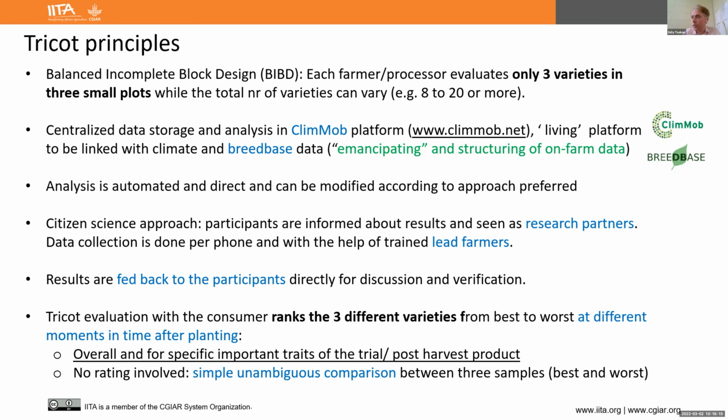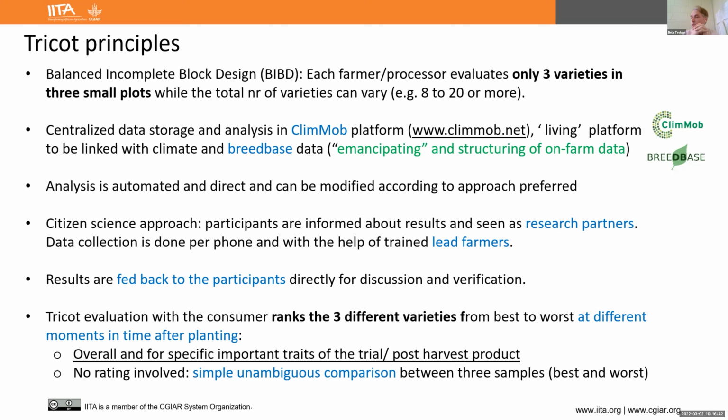Then also the tricot evaluation with the consumer ranks 3 different varieties from best to worst at different moments in time after planting. So this is not consumer, it should be farmer there. Sorry for that mistake. So the evaluation is just overall of the 3 varieties at each time point, from harvesting to processing, which one is best overall and which is the worst.